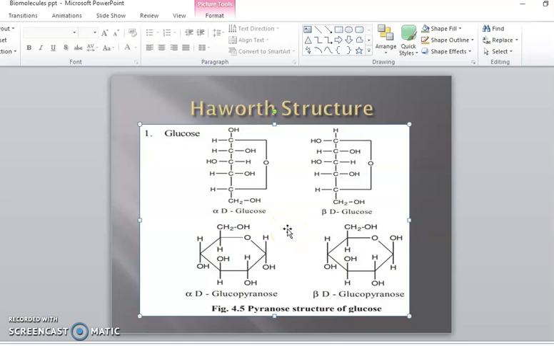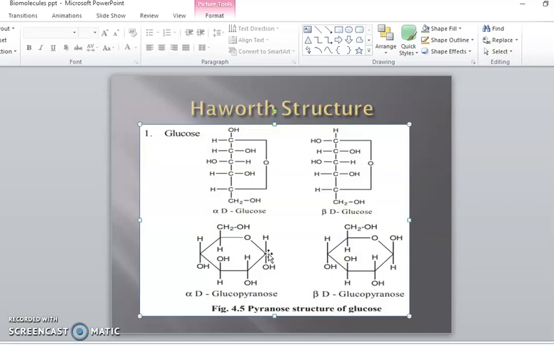See here, you look at this ring: one oxygen, and here you have carbon. All these junctions are carbon. So this ring is your pyran ring. This is your pyran ring. Now what we have to do is,